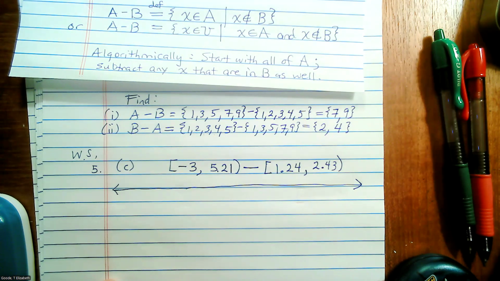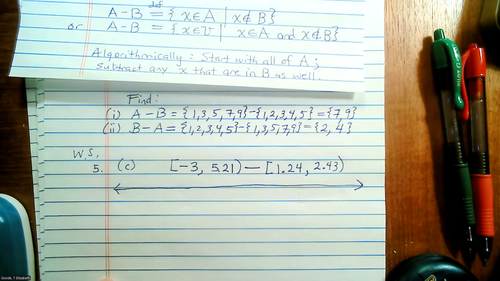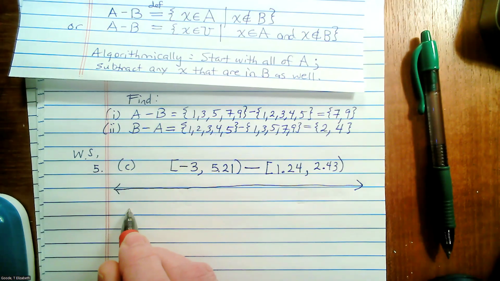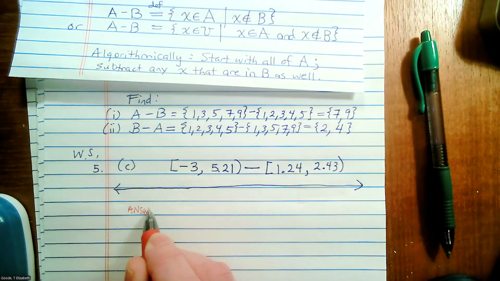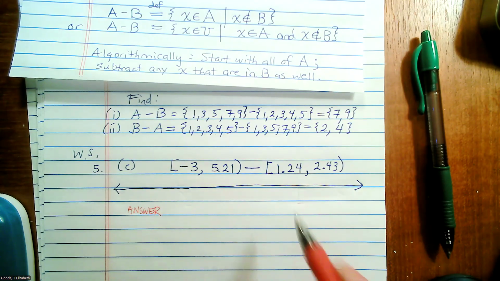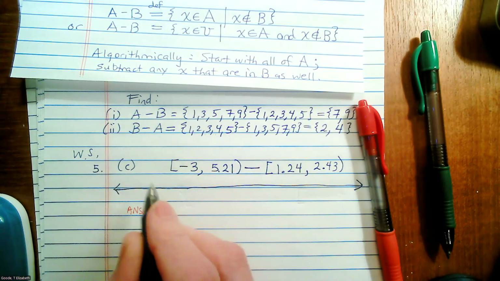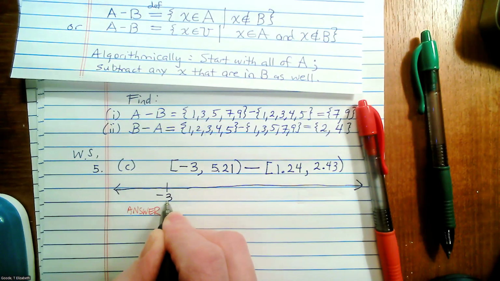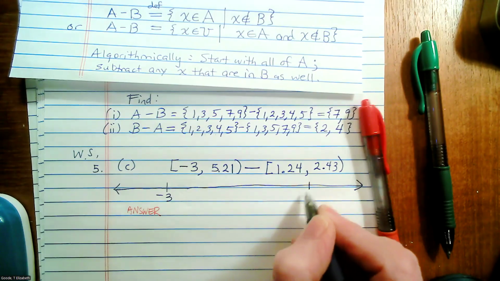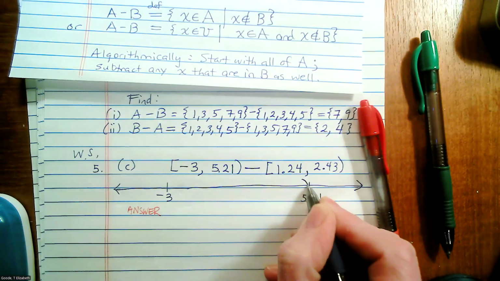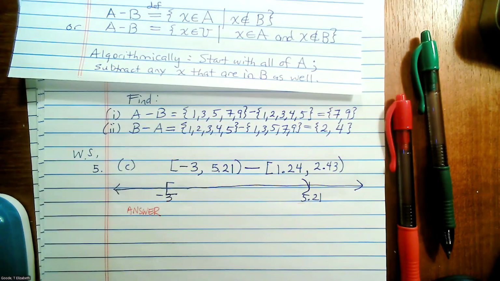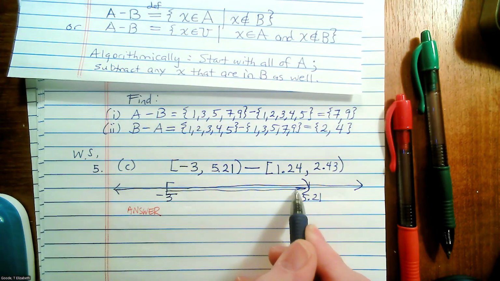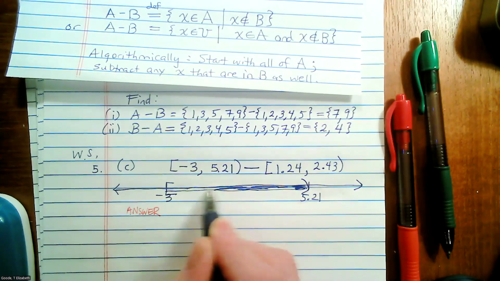Did y'all figure it out? I think I did, but what do you think the answer is? I think so. To start off, I'm kind of looking at what I'm actually doing. That's always a good idea. -3 to 5.21 is everything including -3 and not including 5.21. And then we're starting with these, and inside of that,